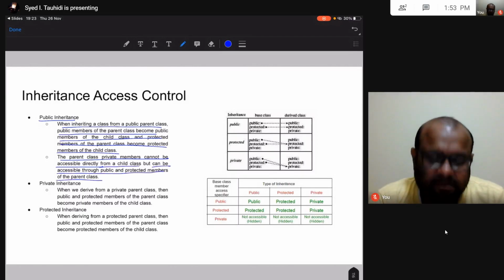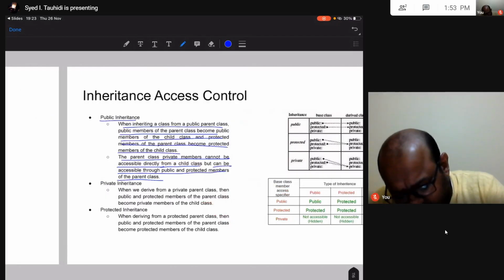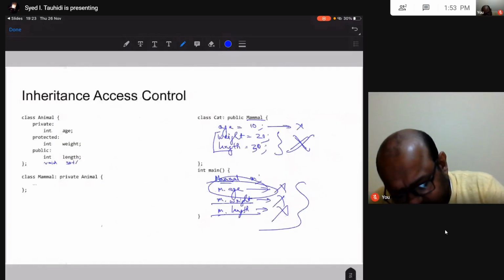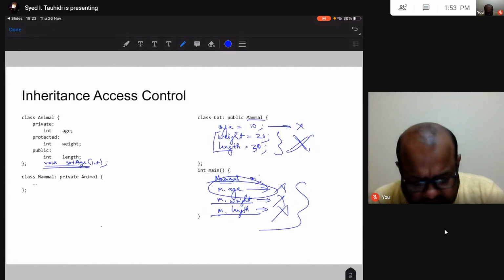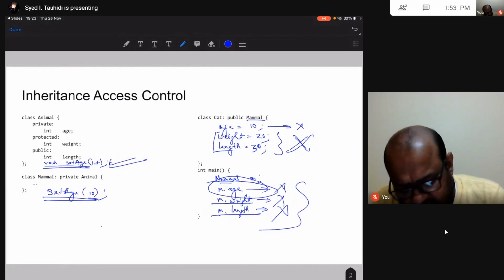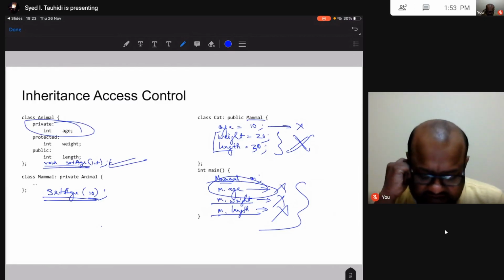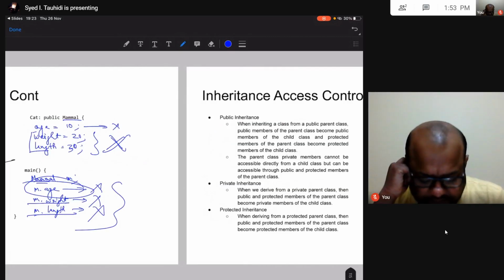Okay, so if say in animal there were a method called void set age, using this method in my mammal class, I can call this method, set age 10. I can call this method because this method is public, right? And then that would set age indirectly. But I cannot have direct access to age. I do not have that. Already discussed this.